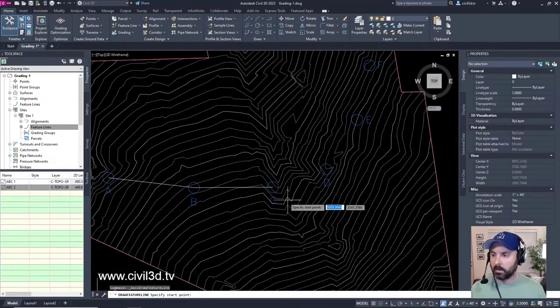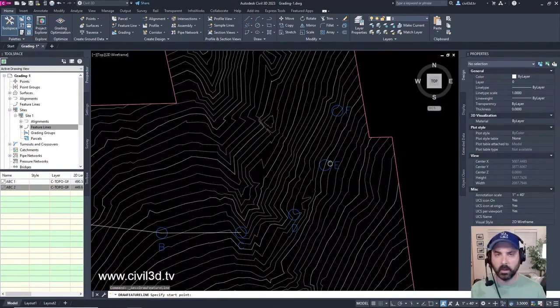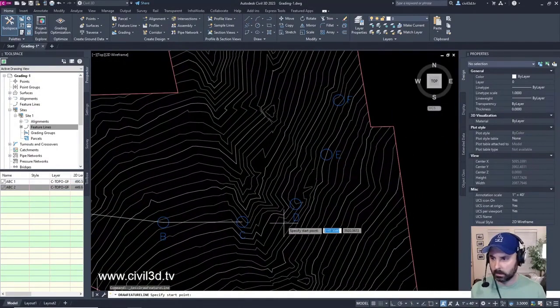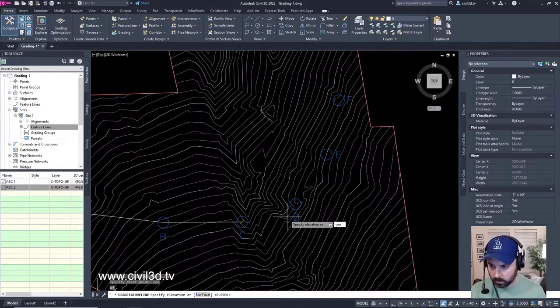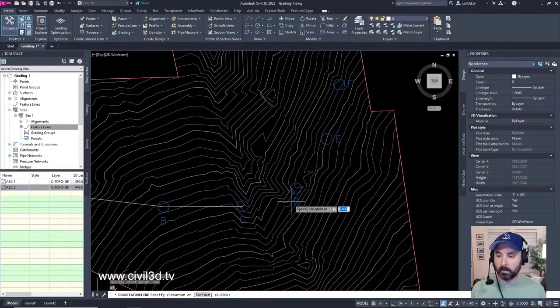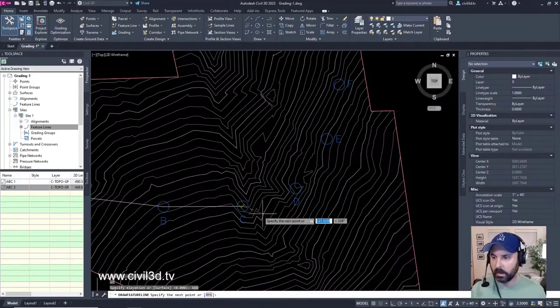Okay, we'll go C, D, E, F. Hopefully you can see this within the stream, but we'll go to the center of C. Oops. It's asking us to specify an elevation. See that? It won't let me go forward. I tried to select the center of D, but instead it's asking me for an elevation or a surface. I'm going to type in 688 for D. Oh, I'm sorry, no, that's going to be for C. 688 is for C.